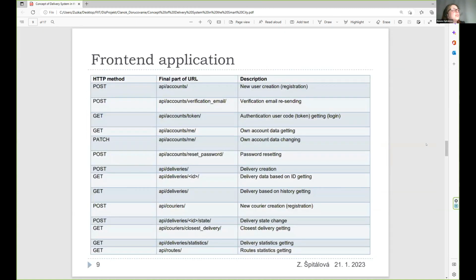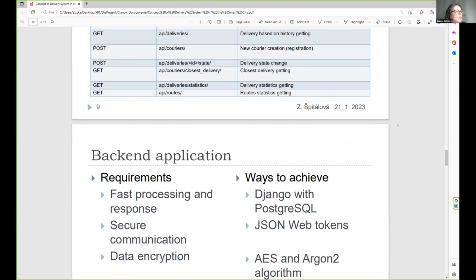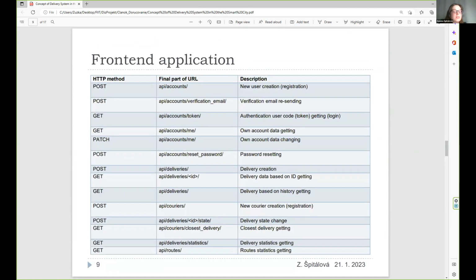Okay, on this slide, we have some APIs, as I mentioned before, and these APIs are used for communication between the front-end and back-end part of our system.